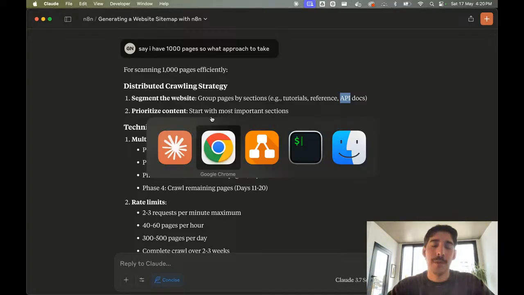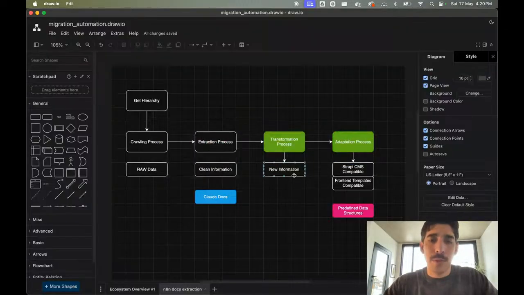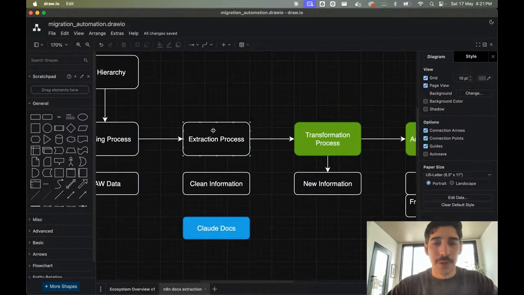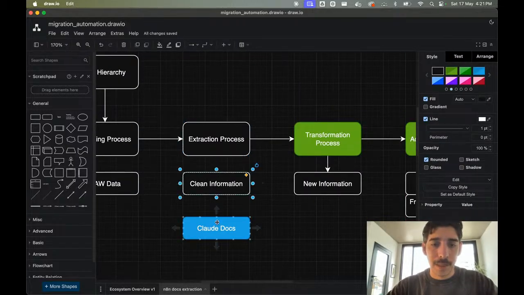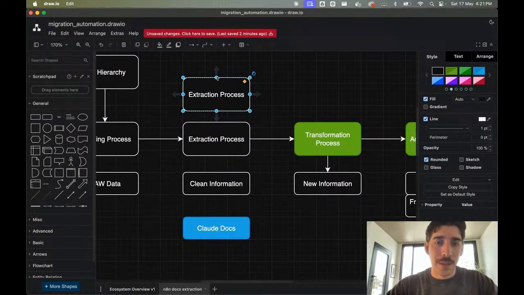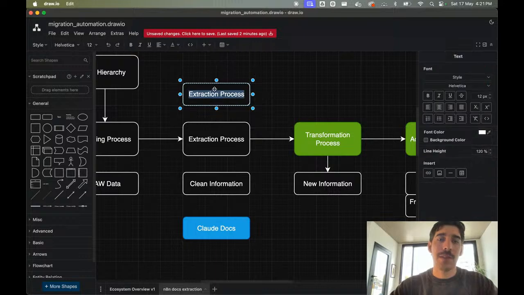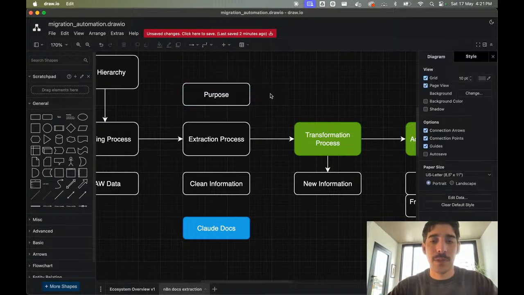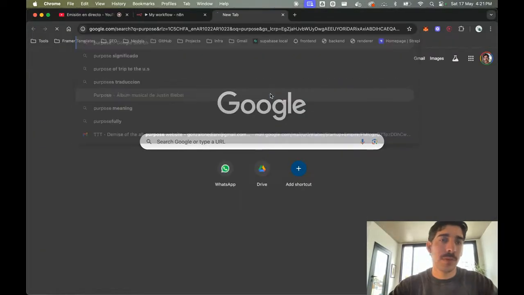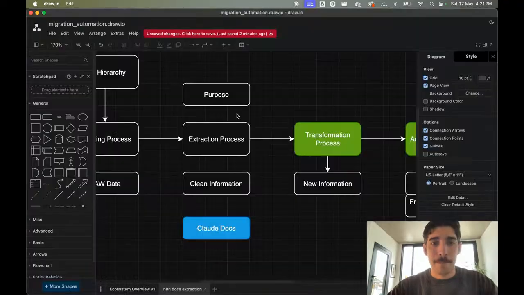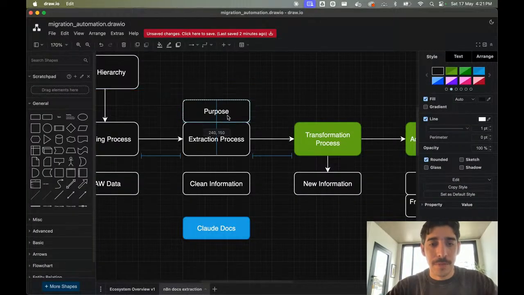I don't want to go too abstract here, but the extraction process is to have clean information. This is tricky. This is an abstraction, but you could say, okay, what is the purpose of this extraction?